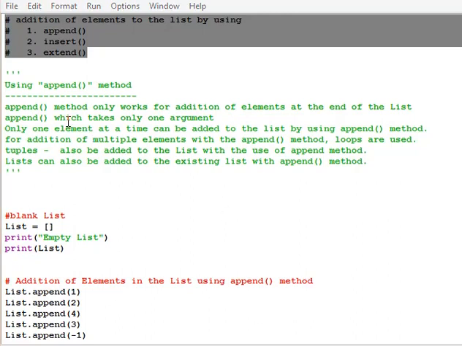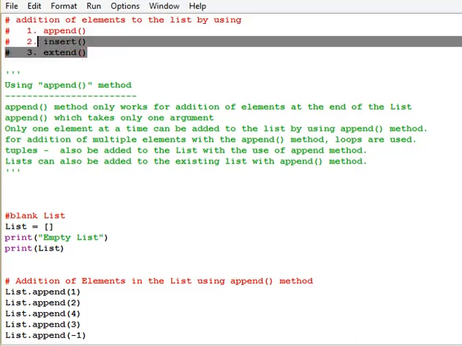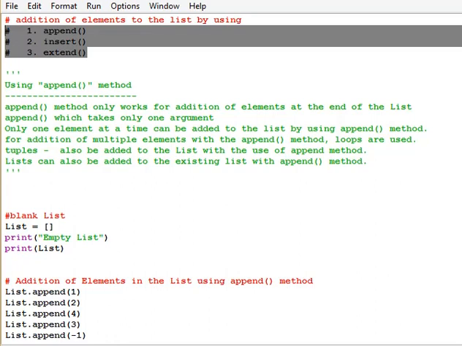list concept. In this video we will be talking about the addition of elements to the list by using three methods. The first method is append, the second method is insert, and the third method is extend. So we'll start with the append method. The append method only works for the addition of elements at the end of the list. It takes only one argument